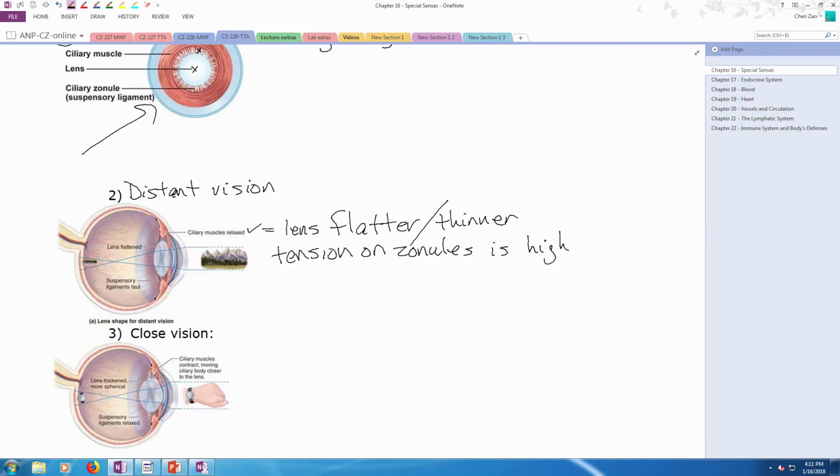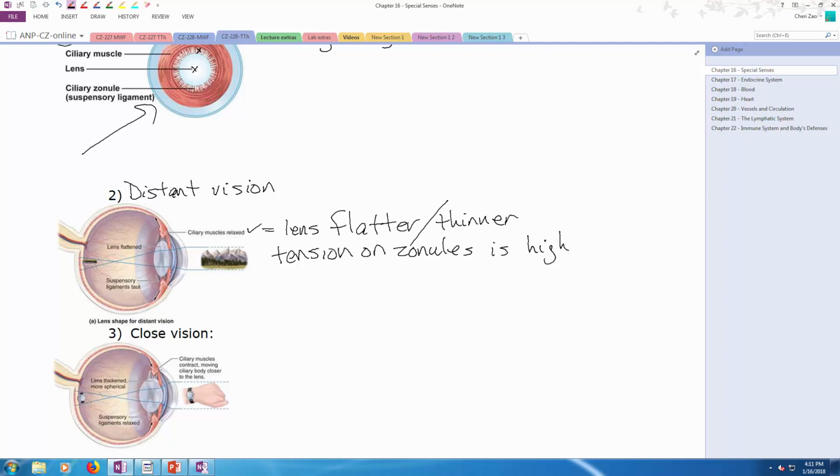So you can bet that the opposite is going to happen now for when we're looking at things up close. When we're looking at things up close, the item is big, is it not? But we want to shrink it down to where those rays coming in will hit the sweet spot. We don't want all those rays hitting all over the retina. We want them to go to the sweet spot. So we need to bend them more. And when we bend them more, the lens is always thicker. So for close vision,